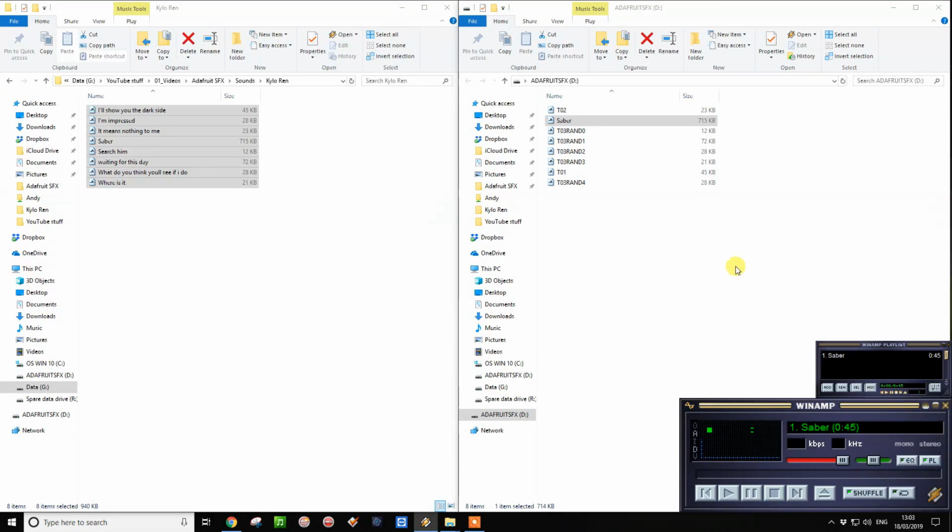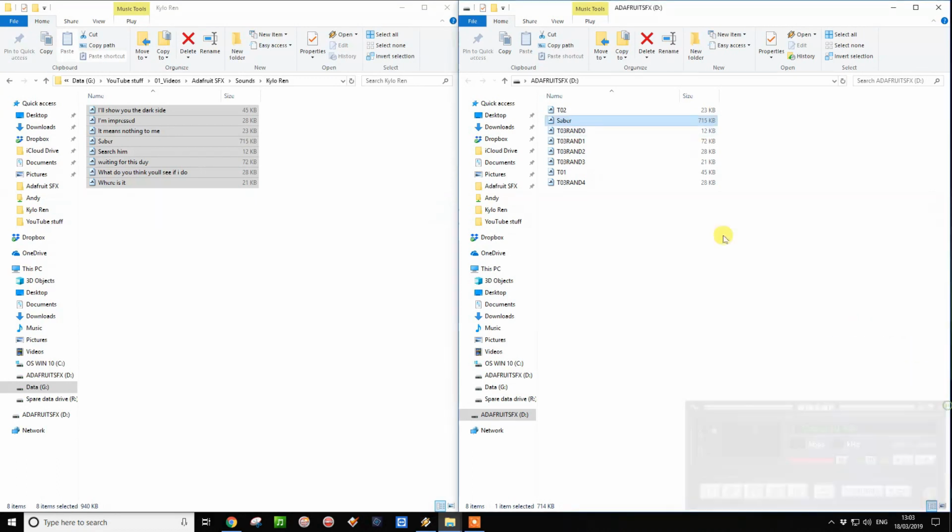So it's a constant kind of saber sound. And what we're going to do is have that on button 4, but this is slightly different. This is going to be a hold one. So as long as you're holding the button down, the sound will be playing. There is another one with a latch, so you can click it on and click it off, but I prefer to use the hold. So we're going to name this one